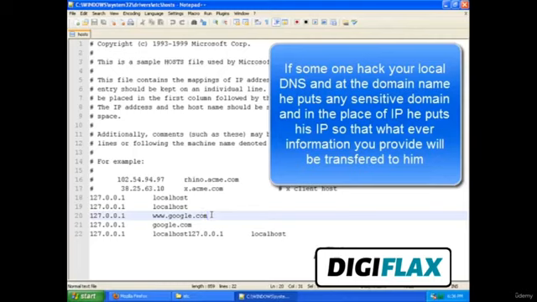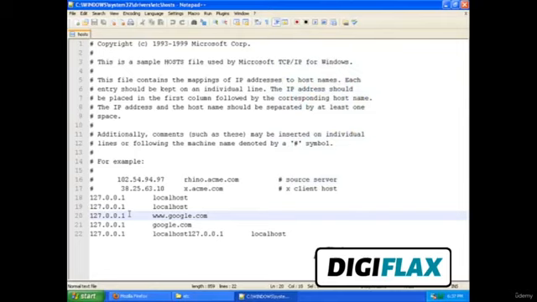Let's say www.bankofbaroda.com, and in the place of the IP address the hacker puts his own IP, so that whenever your computer wants to connect to that bank website, it resolves the IP address of that hacker's server, and then the hacker can access all your credentials and sensitive information, and he can use it for his own purpose.